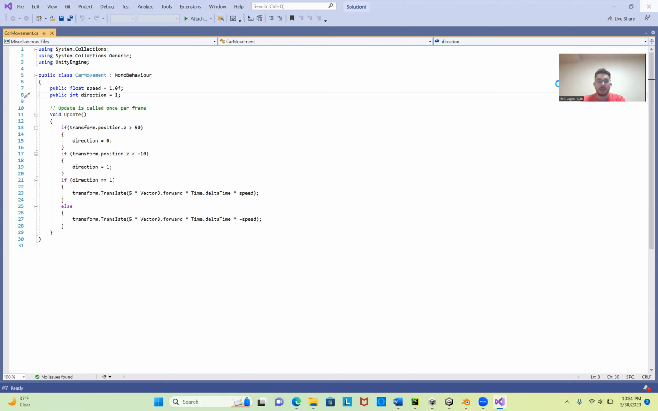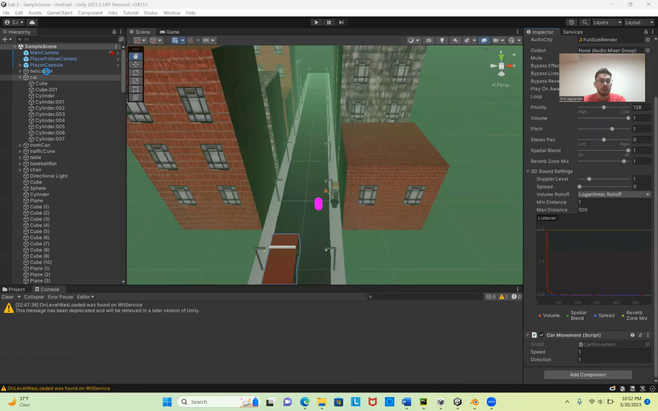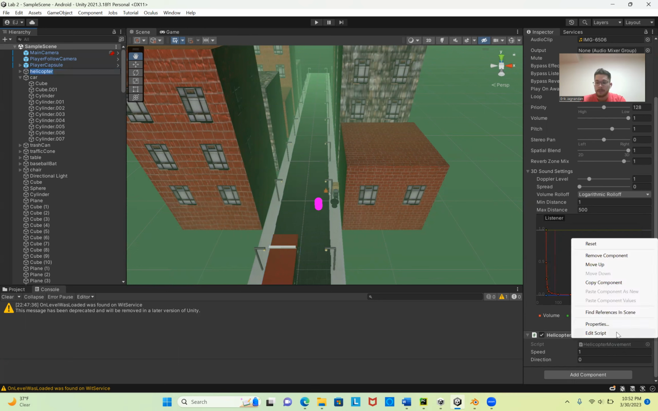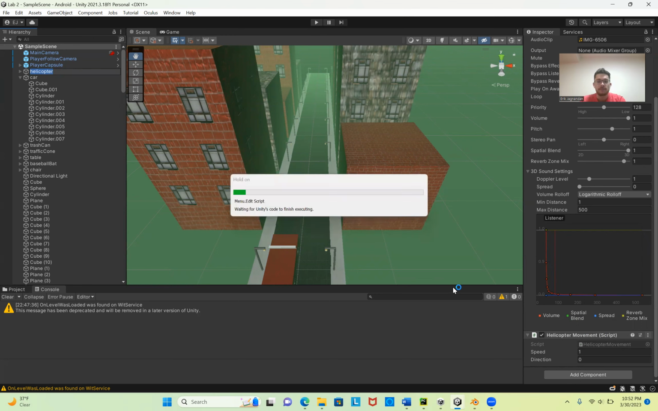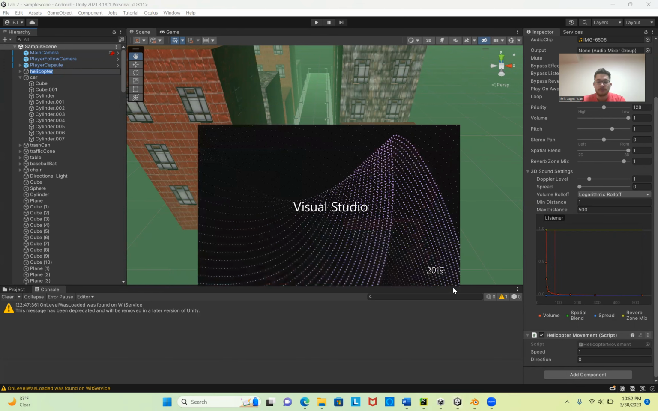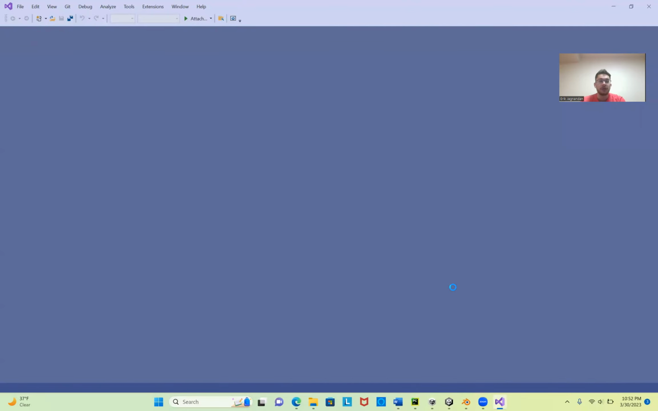Next, we can look at the helicopter movement code, which is a little more complex, not just merely moving forward and backward, but rather in a more complex square pattern. So we'll go to the helicopter, look at its script, once Visual Studio is all up and ready. So here we're about to look at helicoptermovement.cs,